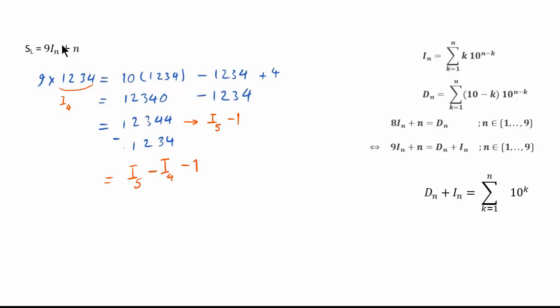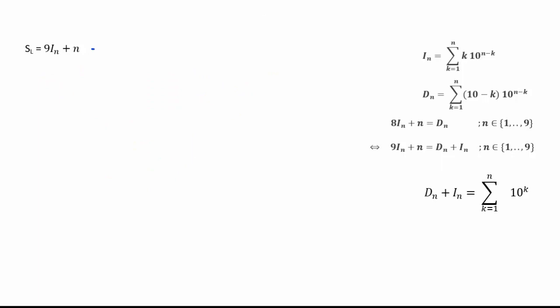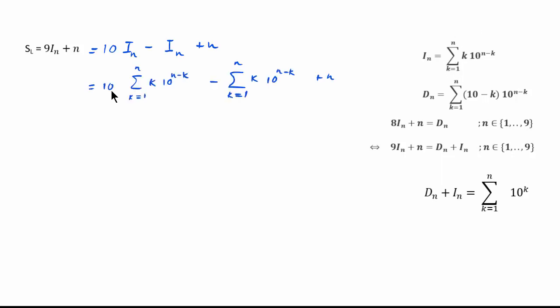Let's follow the same approach with this term here. So this is 10·In minus In plus n. And let's just substitute this value from here. And we can insert this 10 inside sigma, so it adds to the power of this 10 inside. So it becomes,